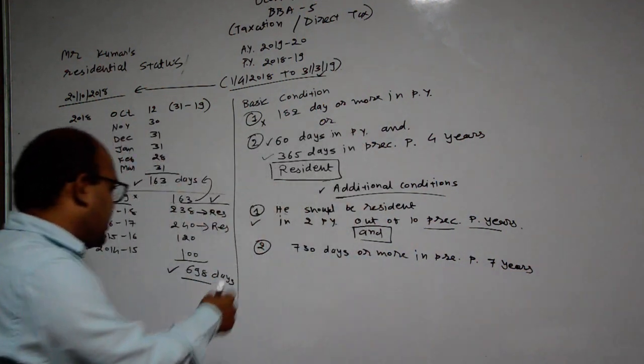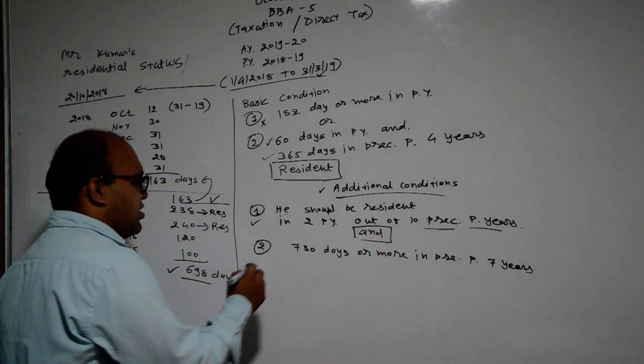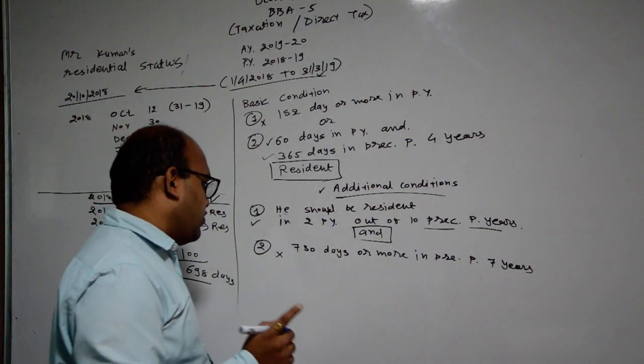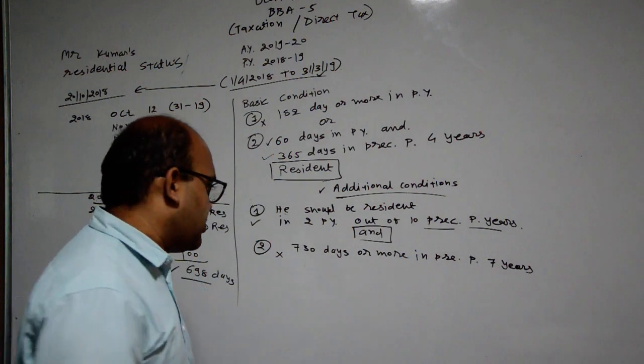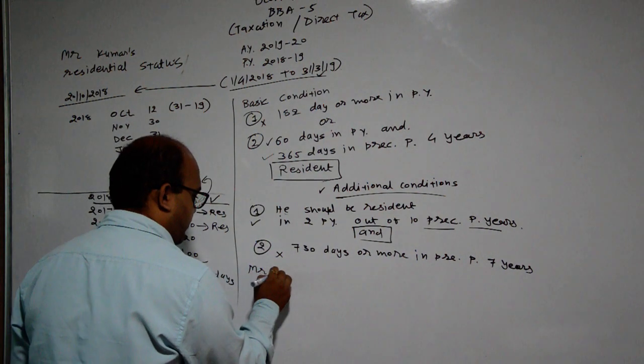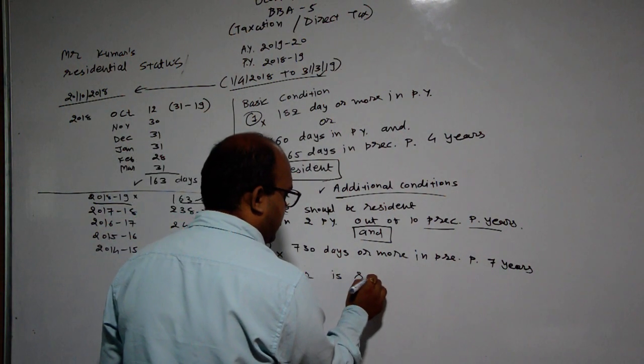If we check that, there are only 698 days. So the second additional condition is not satisfied, so we can easily conclude that Mr. Kumar is resident